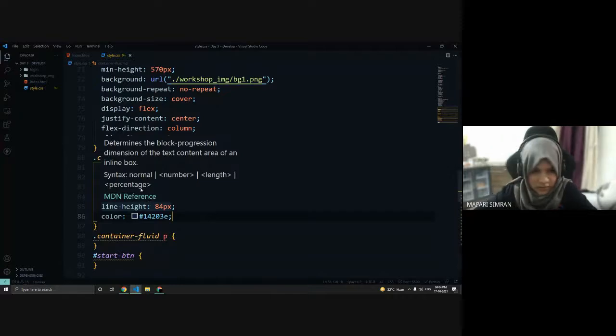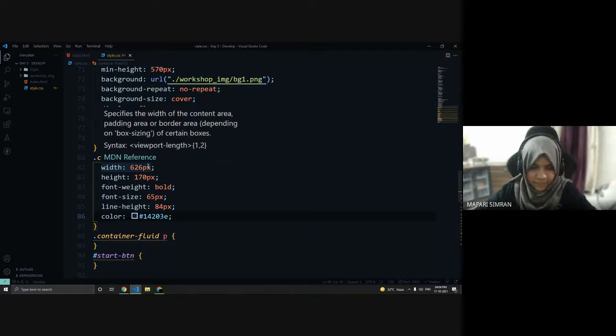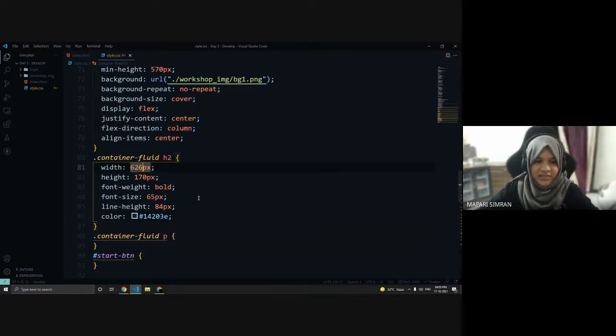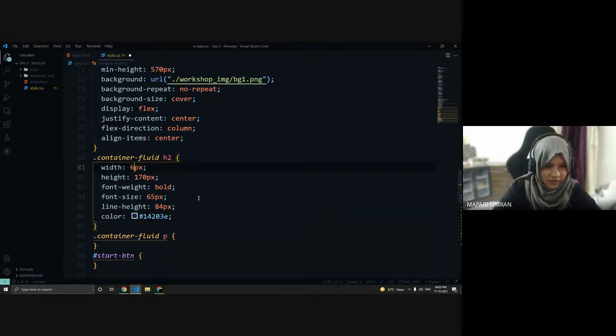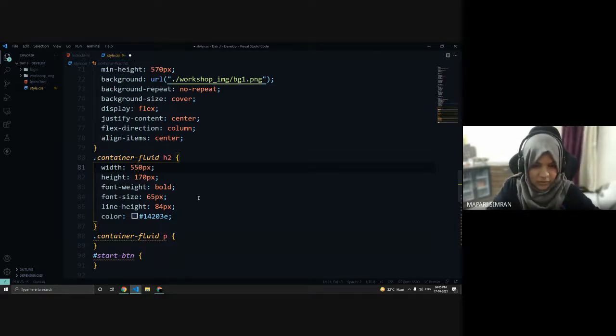Okay, that's the width according to that. So let's change. Let's keep it 650 only.